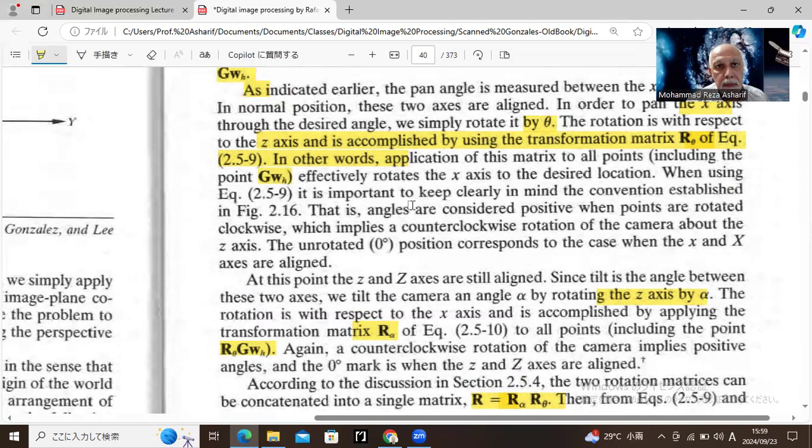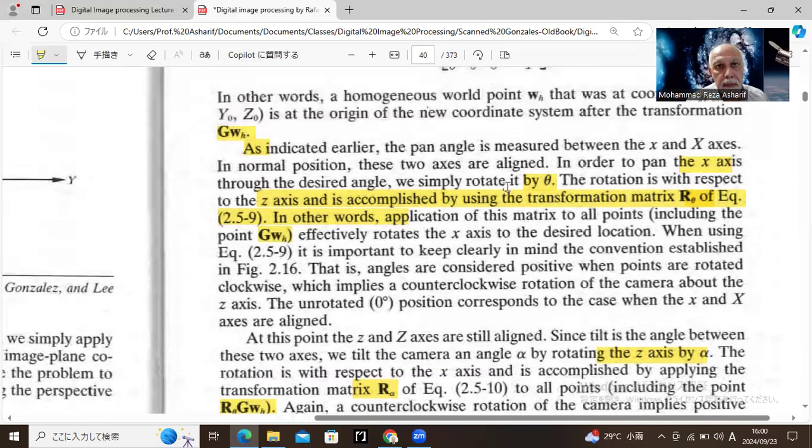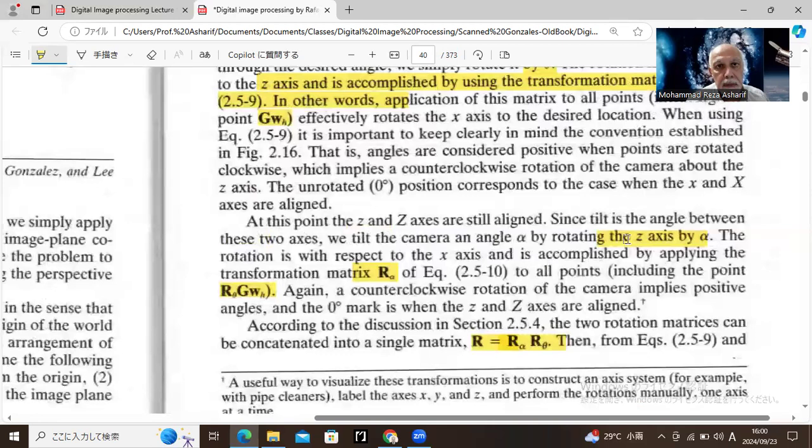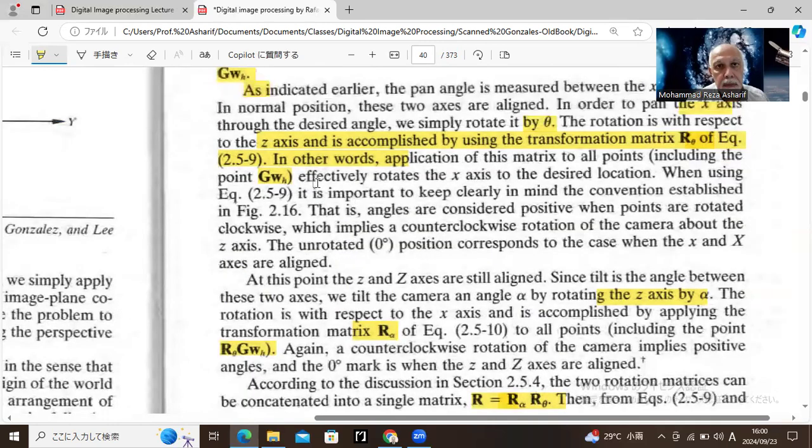Between X is tilt, and between x, we suppose, and alpha. Alpha is between z. The axis z is alpha. That is the tilt. The other one is pan. That one is pan. Between x is pan,